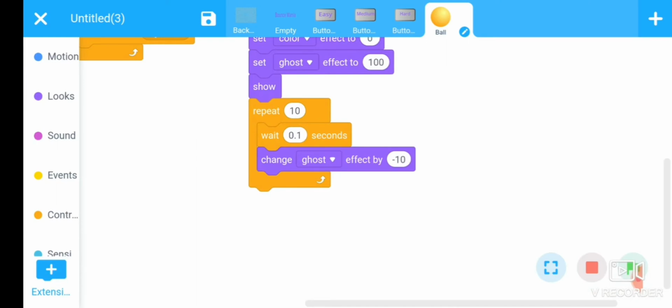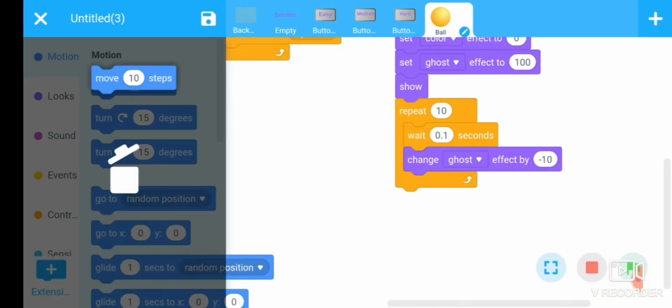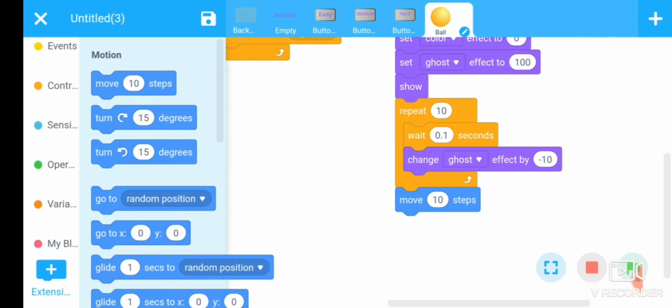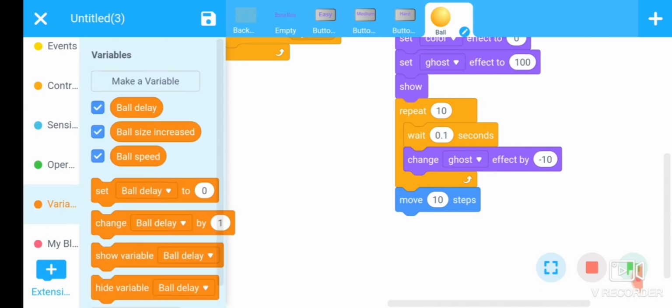Now we want to add a motion to the ball. Use this command, move 10 steps here, and here we have also created a variable which defines the speed of the ball.